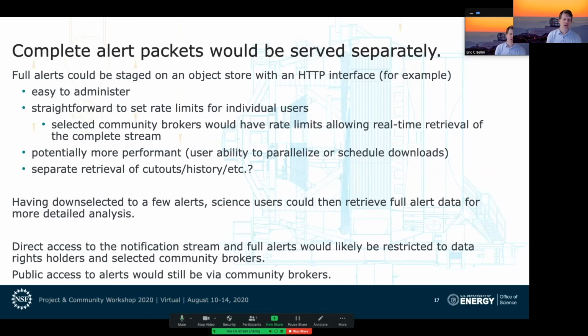Probably, because these services are living on Rubin facilities within the data facility, that direct access is going to be restricted to data rights holders, as well as the selected community brokers. And so community brokers are still serving as the hub for public access to alerts. Again, I'm speculating here. This is a concept, but this seems like a fairly natural